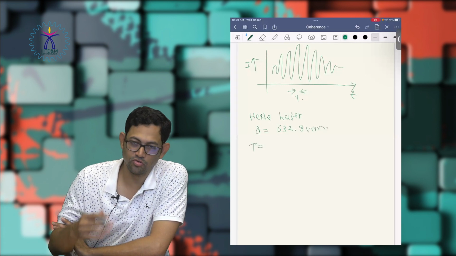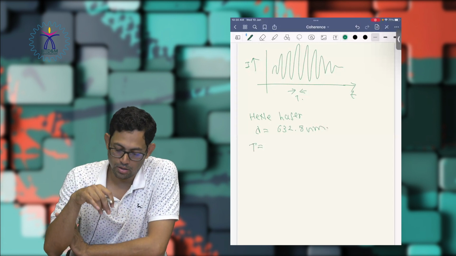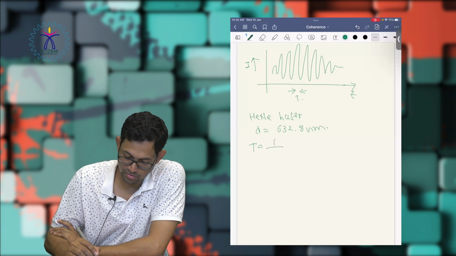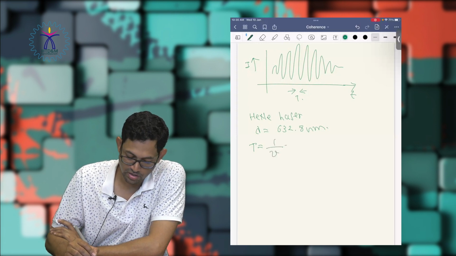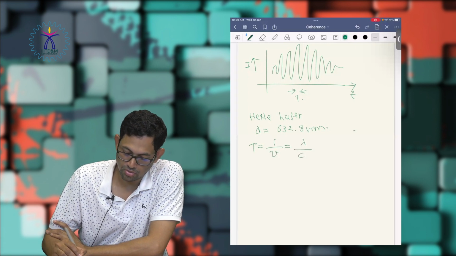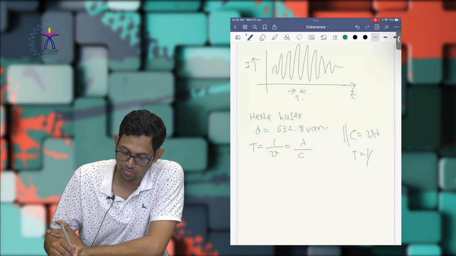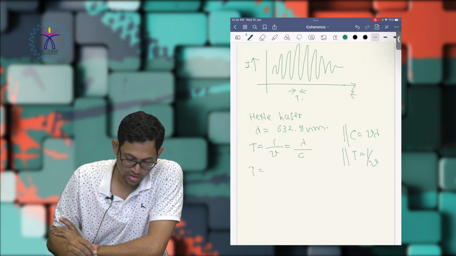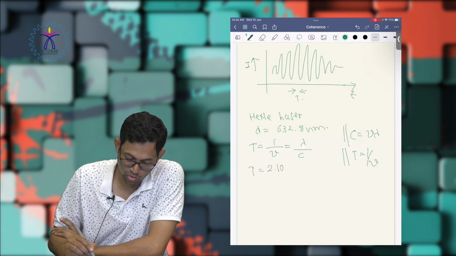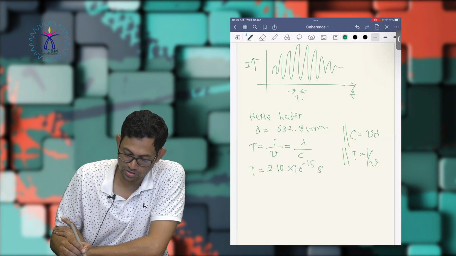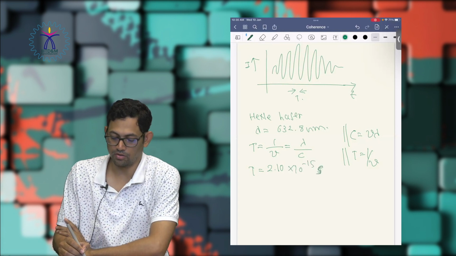You can convert this into a frequency, and then you can convert it into a time period. That time period is nothing but 1 over nu, that is 1 over frequency, and that is given by lambda by c, because nu times lambda equals c, and t equals 1 by nu. If you do that, you will find that the value of t comes to about 2.10 times 10 power minus 15 seconds,